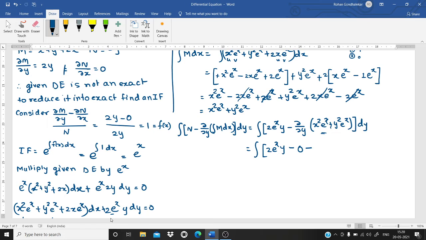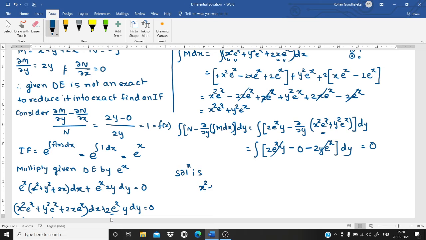Dabba by dabba y of y square e raised to x. Do you have y term here? Yes. What is the term of y? Y square. What is its derivative? 2y into remaining terms. Is it? So this plus and this minus get cancelled. So value of this is 0. So therefore final solution is